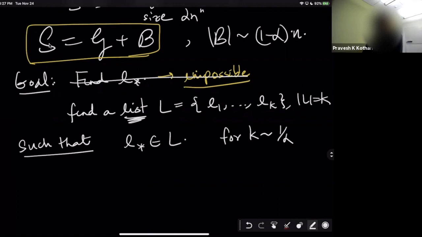Notice that in this problem, we never have any control over the bad part. The bad part is completely malicious and is chosen after looking at the good part. The adversary can look at your good part and do all that he wants. They can run exponential time computation, or unbounded time computation if they like, and then decide their choice of B. So we have absolutely no control on B, and we can't force B to be nice in any way. We can only force G to be nice. The good part is what we can control; the bad part we have no control over.